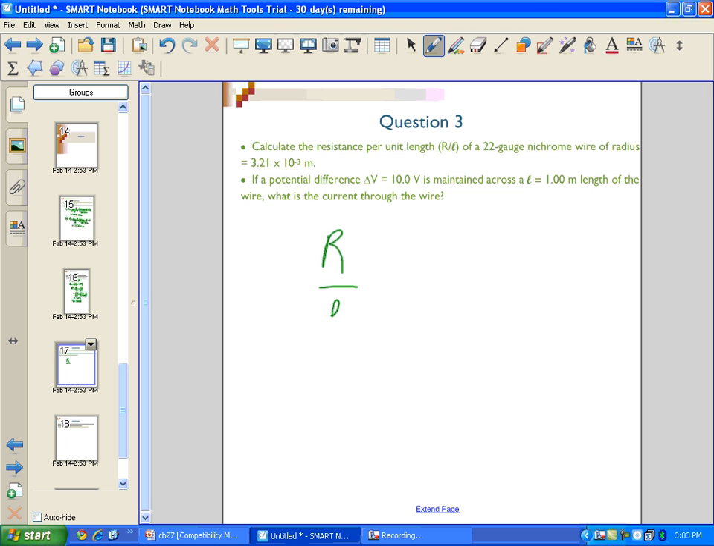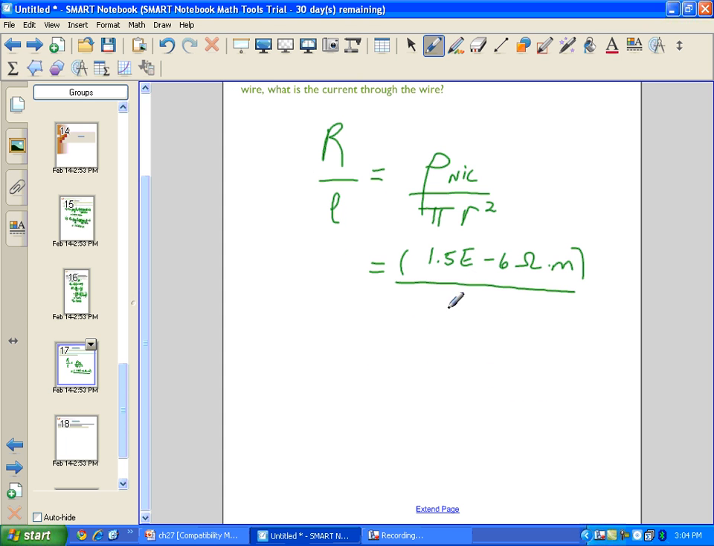So first, resistance per length will be resistivity. In this case, it'll be nichrome, so we'll have to look it up, divided by the area, which for any wire, the cross-sectional area, is pi times r squared, because it has a circular cross-sectional area. When we look up the resistivity for nichrome, we get 1.5 e to the minus 6 ohm meter from our table at the reference temperature, divided by pi times